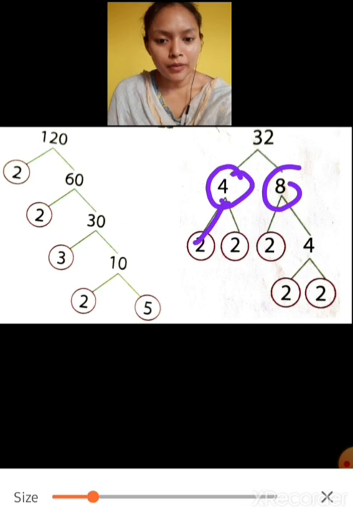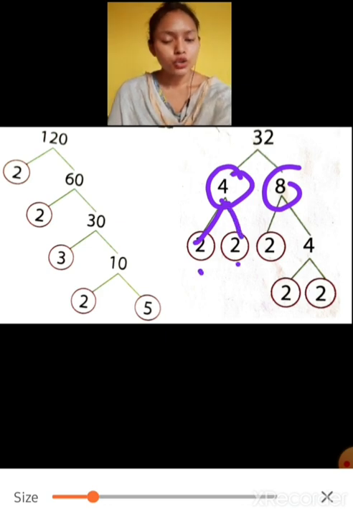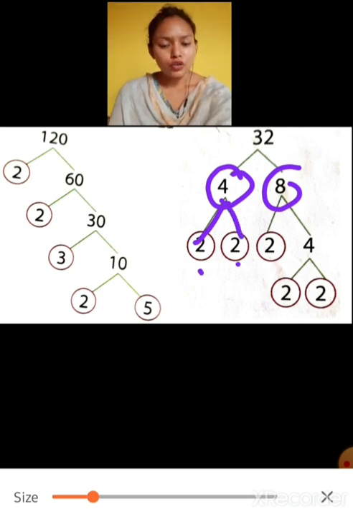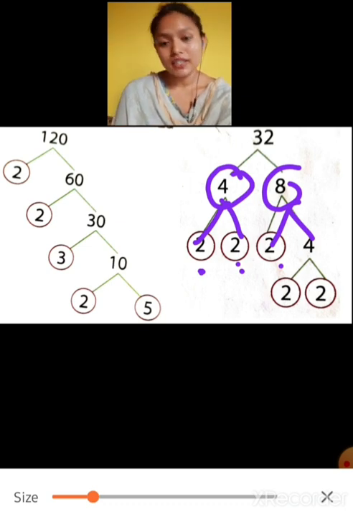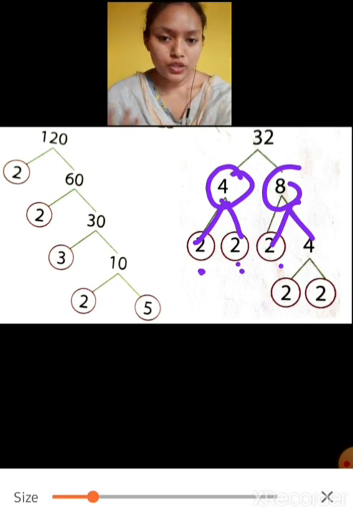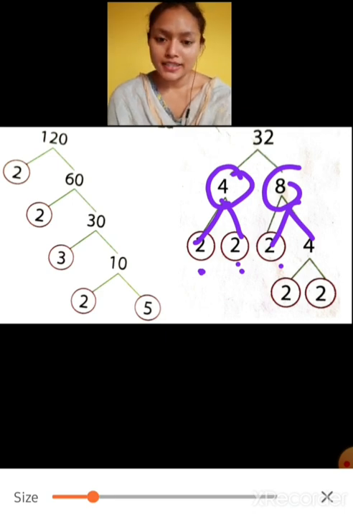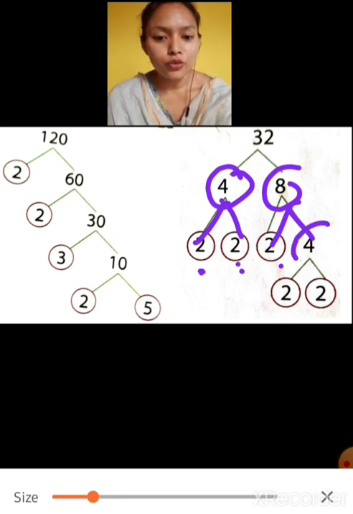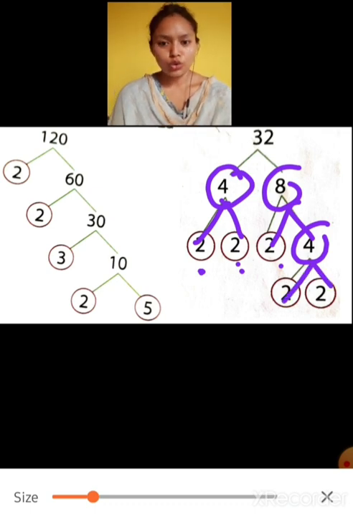2 multiplied by 2. So we have written 2 and 2 here. Now 8, 4 multiplied by 2, 4 2s are 8. Now 2, 2, 2 cannot be further extended because 2 is a prime number. Now what about 4? 4 is a composite number, so it will extend as 2 into 2.